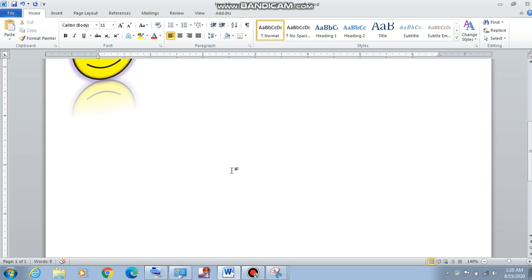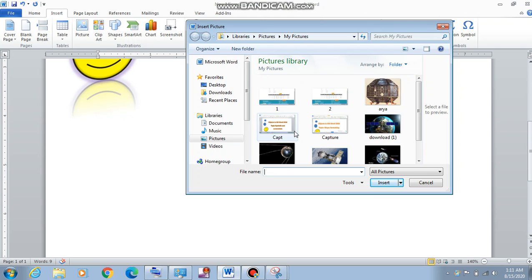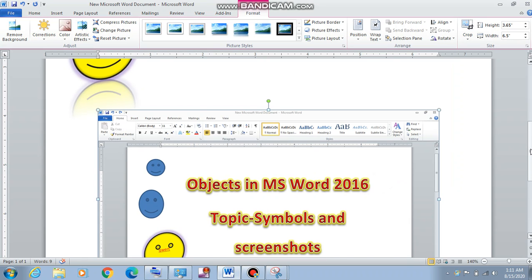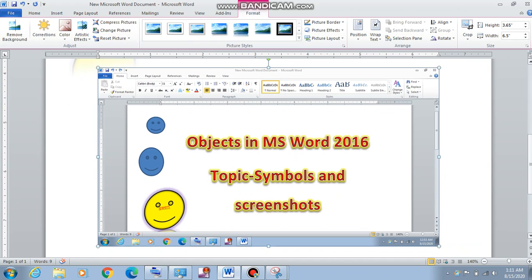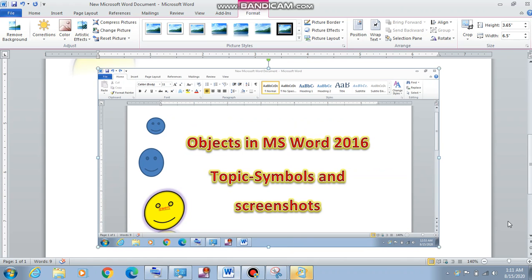So now we will open our MS Word and go to the Insert tab. From here, instead of going to screenshots, we will directly go to pictures. From here we will find the picture of which we have already taken the screenshot, and then click on insert. Then you will find that the picture has been inserted as a screenshot picture. So now students, I think this topic would be clear to you all. This is a different way which is not given in the book, but I have shown you so that you could more easily take screenshots.